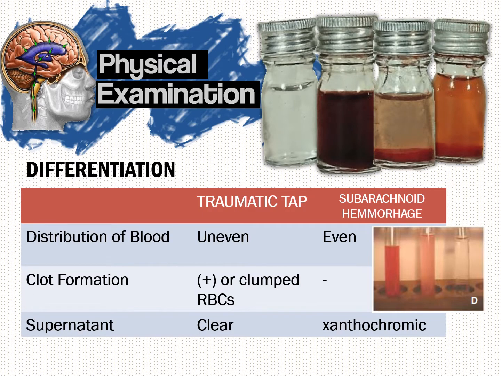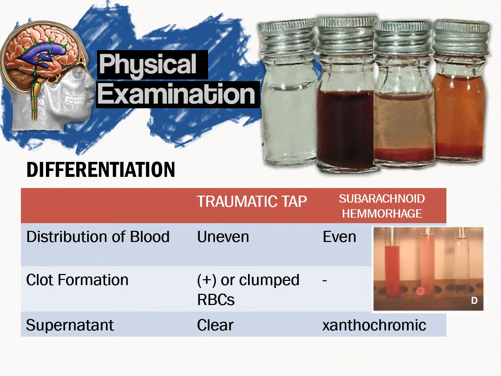Two slides ago, I mentioned bloody CSF, which could have been caused by a traumatic tap, which is non-pathologic, or subarachnoid hemorrhage, which is a pathologic condition. So this table will help us differentiate if the bloody specimen is a traumatic tap or subarachnoid hemorrhage. The first one is by looking at the distribution of blood. Remember, we have 3 test tubes. When it's caused by a traumatic tap, the blood in the 3 test tubes is